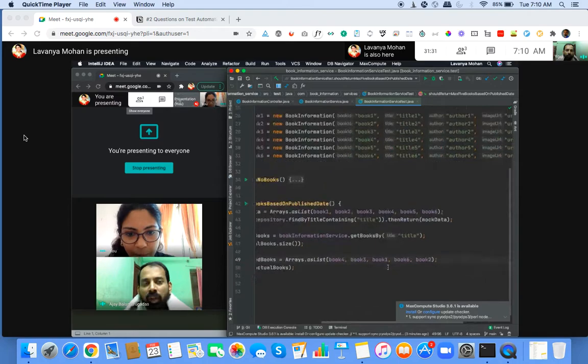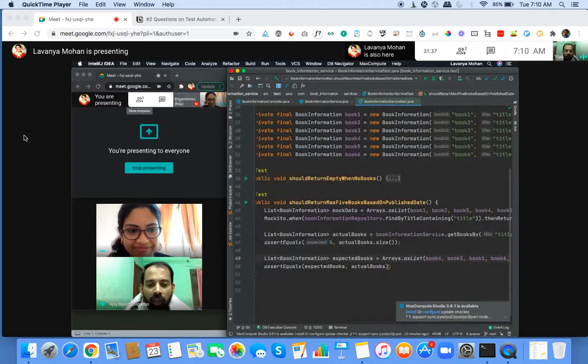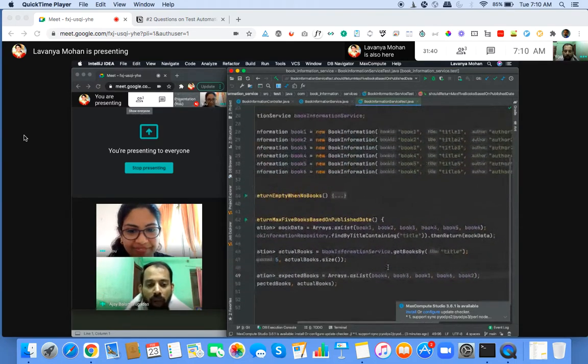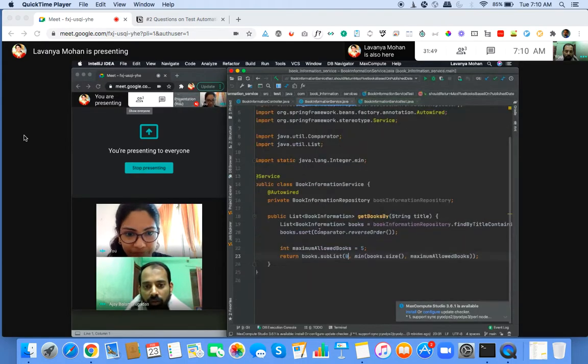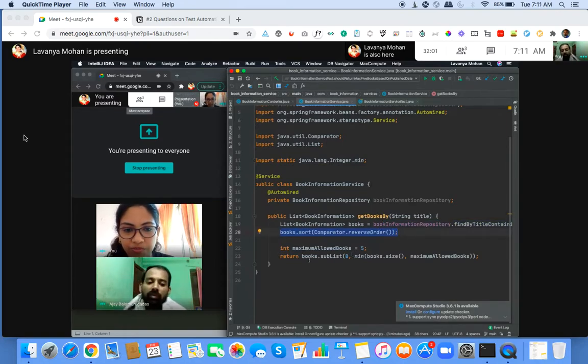Now this is where, for example, two of them have the same published date. Now we can check in the code what the logic is, what happens, whether they have handled it or not. So we could add a test and check, but when it is dependent on that, it also comes down to how the sort function actually works. Sublist will just take the first 5 in this case, but it will boil down to how the sort works. So maybe that test would become a responsibility of this particular sort function.